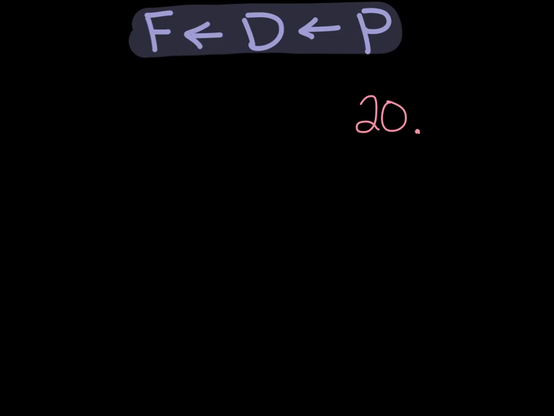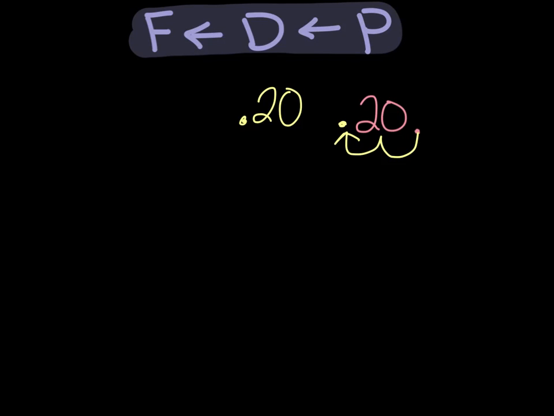Now, remember what we did before, our tongue twister. When we're moving from percent to decimal or decimal to percent, remember you're moving your decimal either left twice or right twice. In this case, since we're going from percent to decimal, we're going in this direction, which is left. So we're going to move our decimal left twice. Once, twice, and pop him in right there. And that should give us